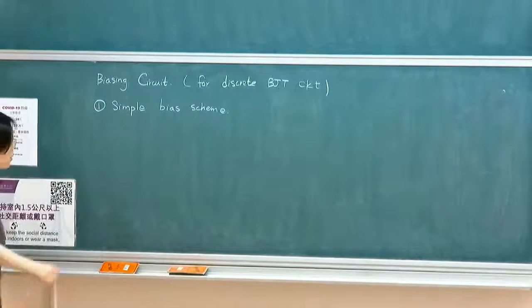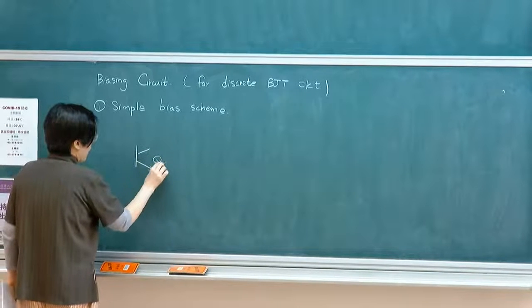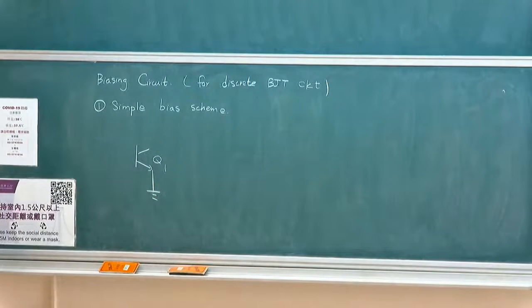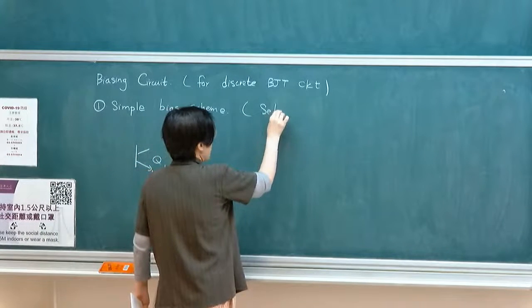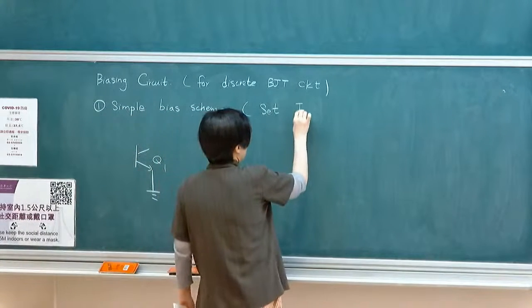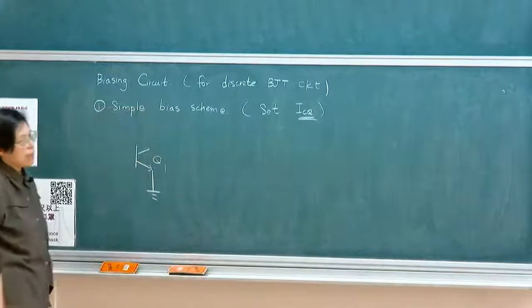So if you think about it, for a bipolar junction transistor, one of the key things is that you could actually set your biasing. Typically, rather than setting VB, what we want to set is IC, to set ICQ, because ICQ is actually more related to your small signal